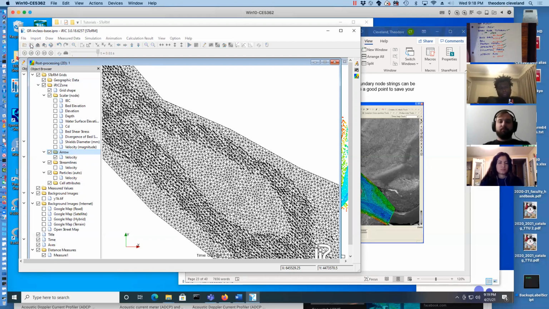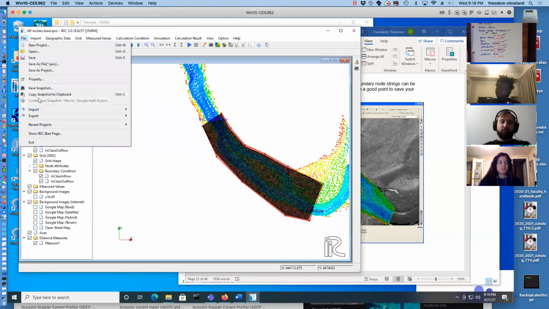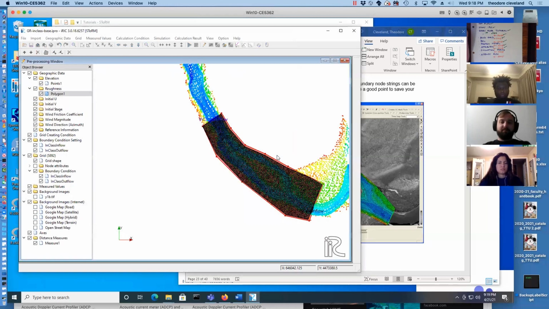So save that. Now we have a place to start from. It appears that we have a working model. Let me save this again, because I just don't trust it. Okay, so we've now saved it. I'm going to open